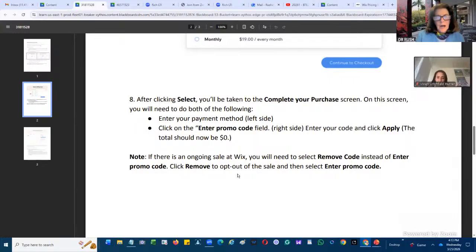You have to remove it to opt out of the sale and then select enter promo code. That's a glitch in Wix. And if you're still having issues, just stay after with me. You may even want Vivian to start on another browser so it doesn't have anything in cache.